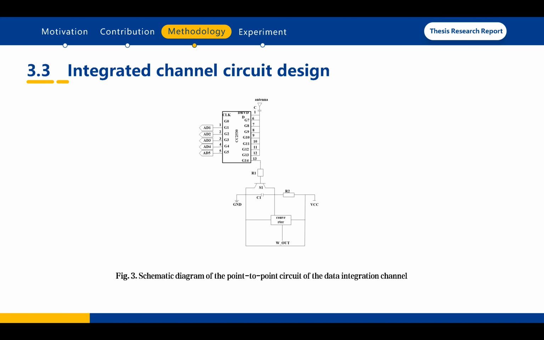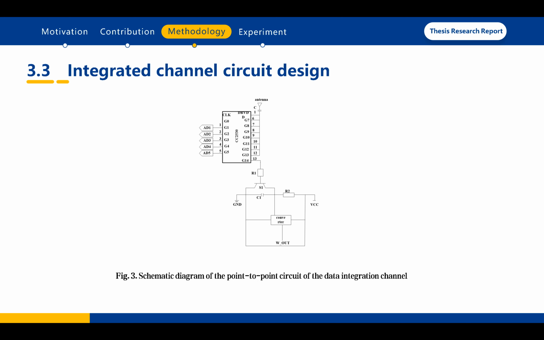And the third part is the integration channel circuit design. This component uses a crystal oscillator as the core, a balanced circuit of capacitors and inductors, and a whip antenna to transmit and receive wireless data. The point-to-point circuit for the data integration channel is designed using the ST-80500 programmable power line communication system on a chip as the core system for the modulation and